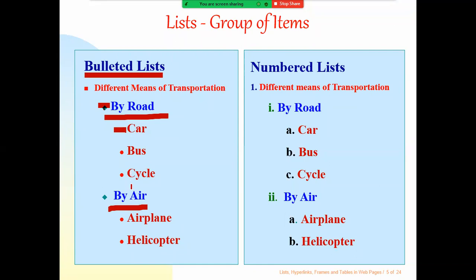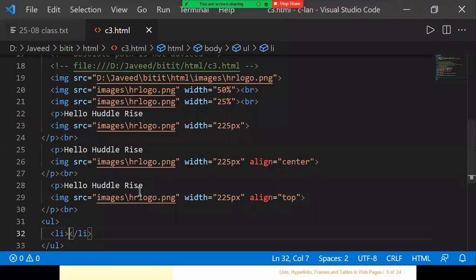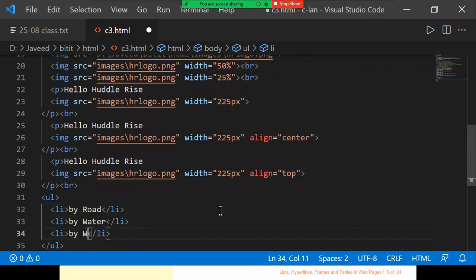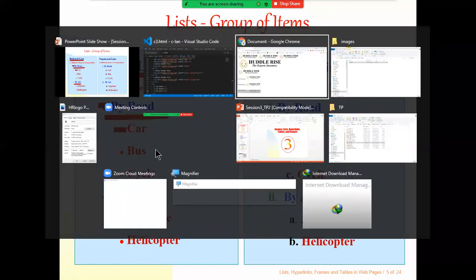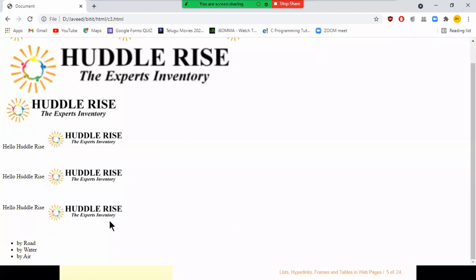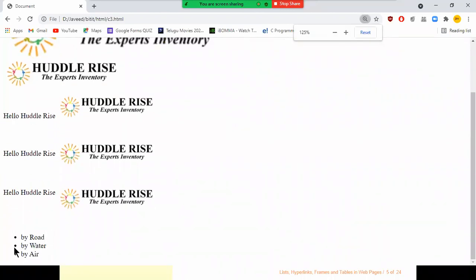So I'll say by road, by water, by air. Three ways of transport. I save it, go to the browser, and refresh. You can see it has put the dot, the bullet, for by road, by water, by air. So this is the bulleted list.